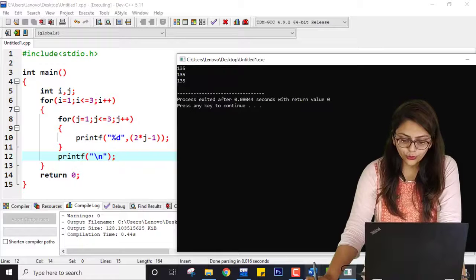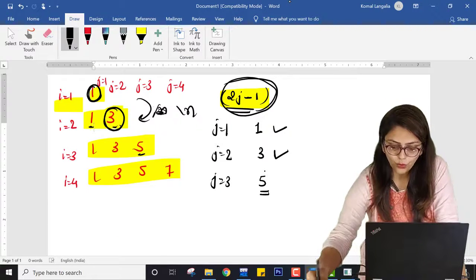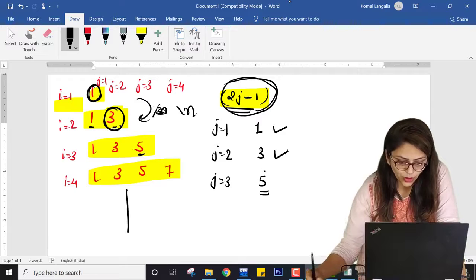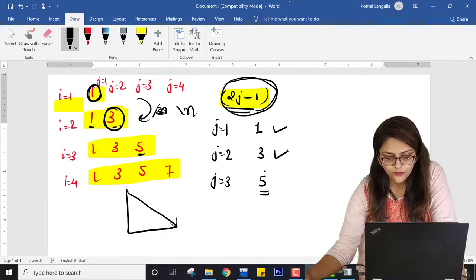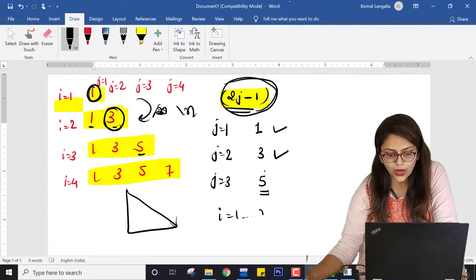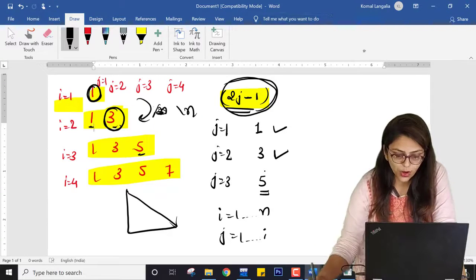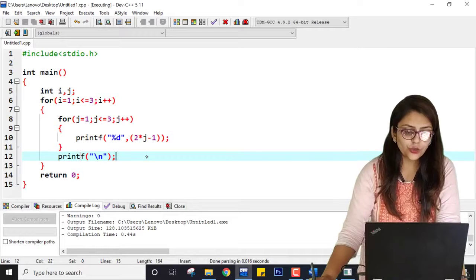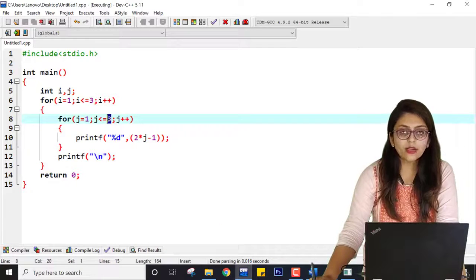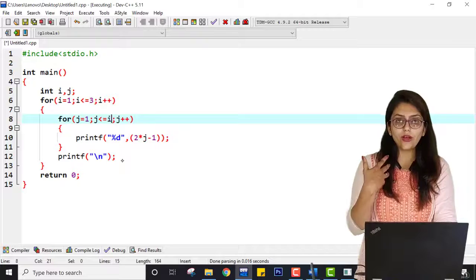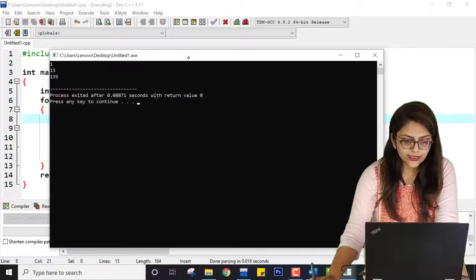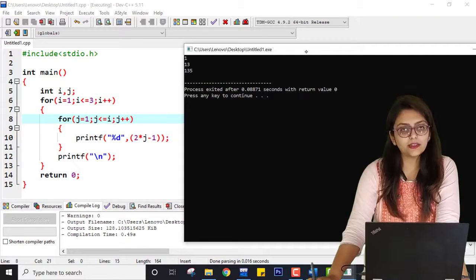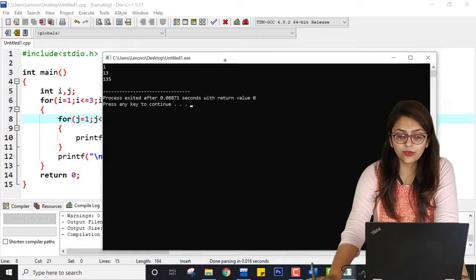Right, so I have already told you that if you are printing a quadruple or quarter like this, you have to write a logic in which first i is going from 1 to n, but j is going from 1 to i. So here you can observe that in this code for each loop I am going till 3 or say n. So here it should be the value of i. Now if I compile and run, you can see we are successfully having the desired pattern, that is 1, 1 3, 1 3 5.